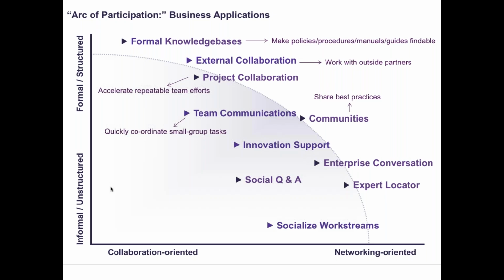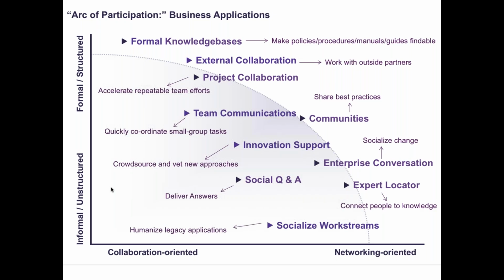Communities of practice, almost table stakes. It's the tip of the enterprise social sphere. Very, very important, particularly in larger enterprises, more knowledge-oriented enterprises. Again, a problem that most of the ESNs on offer aren't particularly good at communities of practice. Innovation support, of course, very sexy, some great use cases around that. Enterprise conversation and expertise location, very critical. Social Q&A, we see many organizations doing this very effectively. A real frustration solver to create these kind of answer engines, and then humanizing your legacy applications.